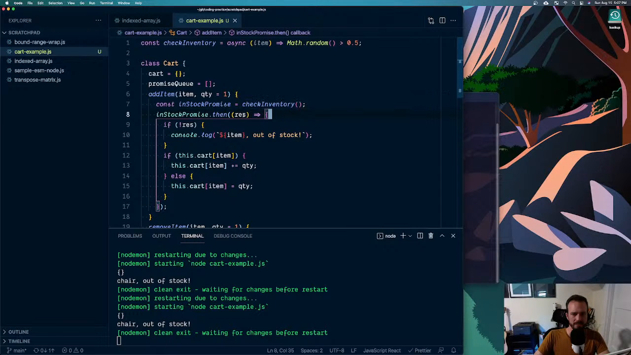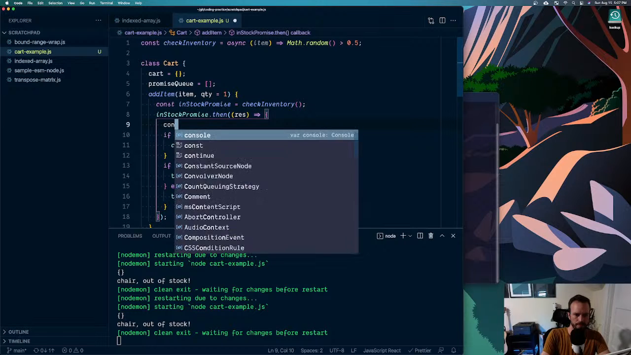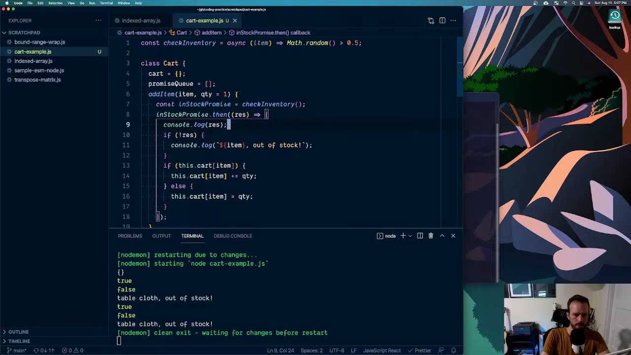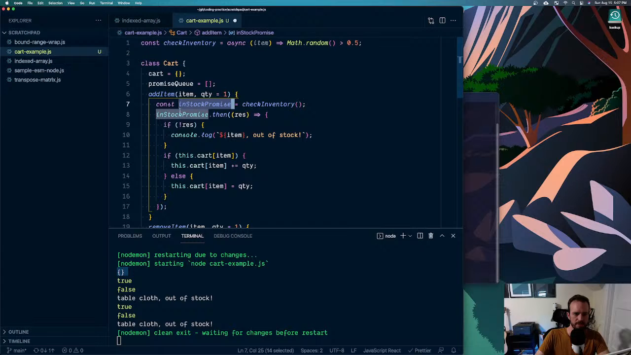that's interesting. So the result is always coming back false. That is interesting. Are we never resolving the promise? True, false, true, false. Oh, we're only going to see this message when it's out of stock. Yeah, and then we see an empty array here because we're not waiting for all the promises yet. So